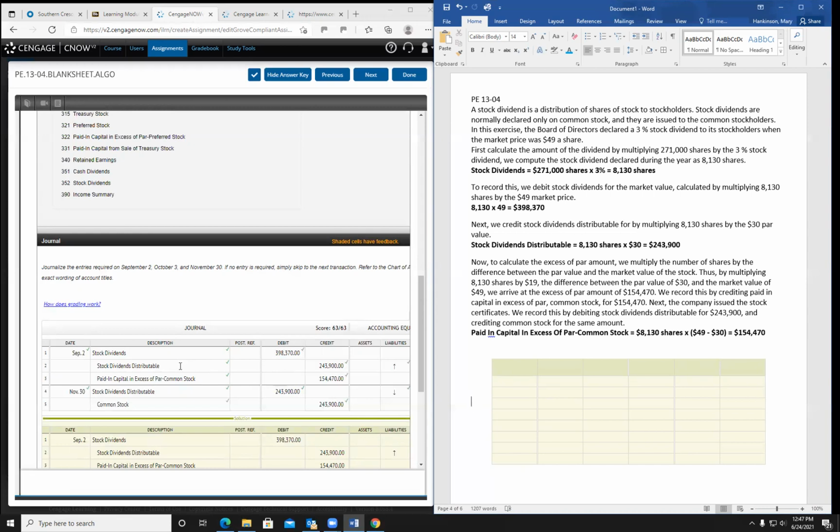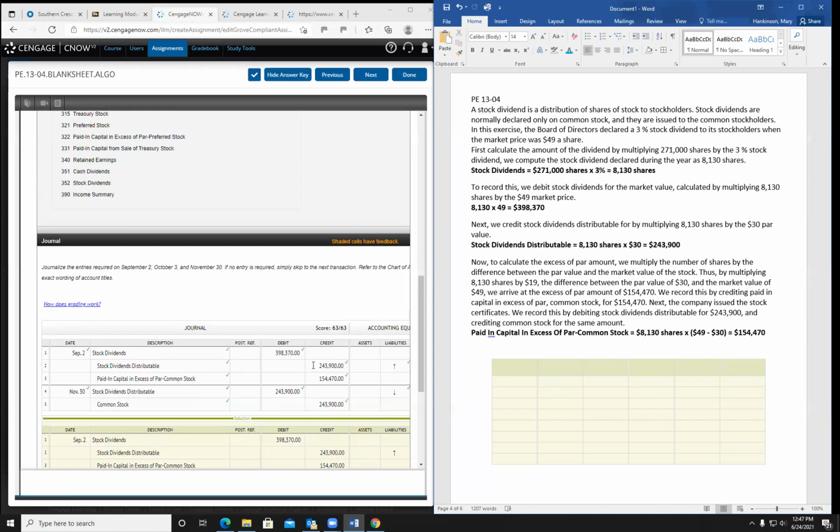Now, stock dividends distributable, we have to record at the par value. And the par value was $30 a share. So we come over here, we multiply the total number of distributable shares, which was 8,130 shares, by the par value, which is $30. That gives us the par value of the stock dividends that are distributable. And since we did it at the market price, which was $19 more than the par value, we now have to record the paid in capital in excess of par common stock at the difference, which was